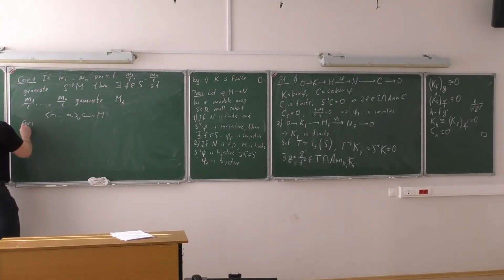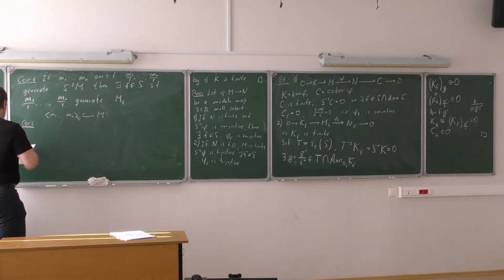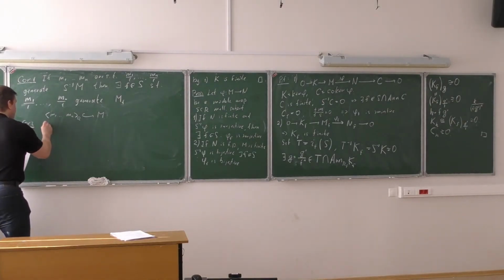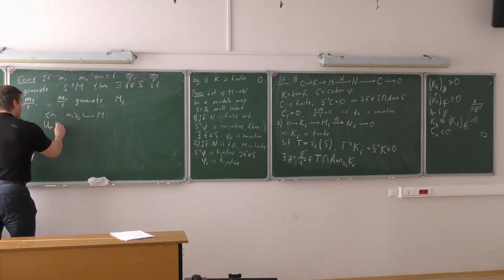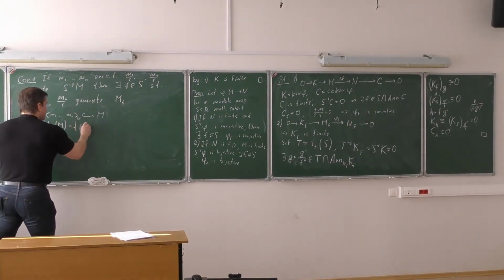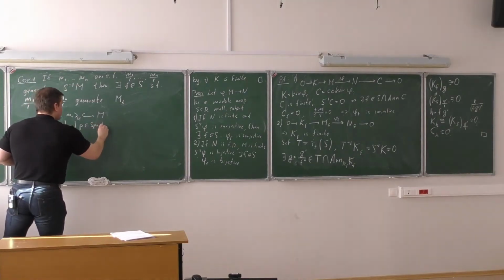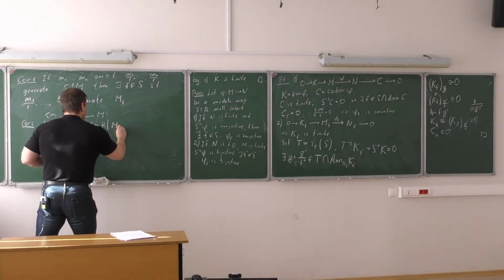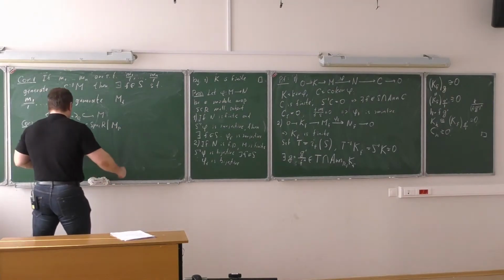Now the next corollary is a little bit more interesting. You take a module as before, and with this module you associate a subset that we call U_M. This is the set of all prime elements in R such that the localization M_p at this prime element can be generated.